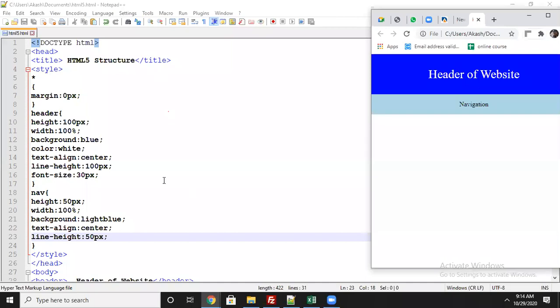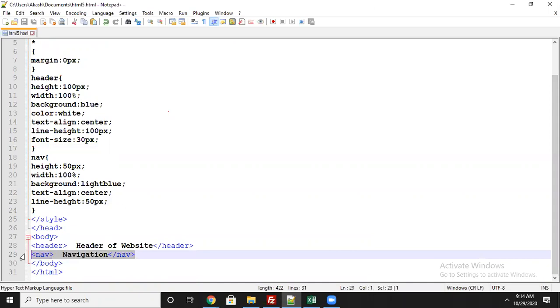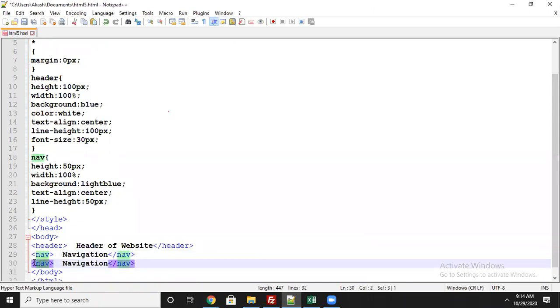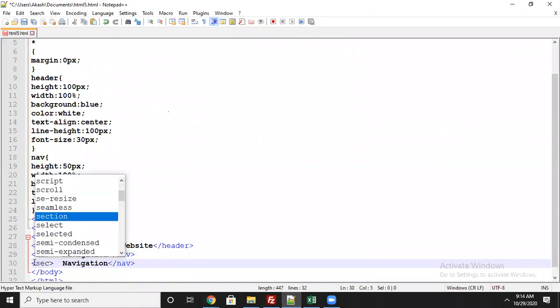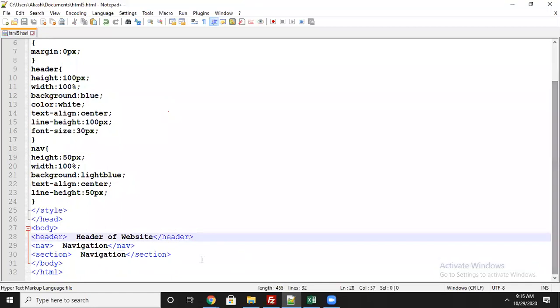We use the section tag for making the blocks. I will specify the section tag here. The section tag we use for making multiple blocks, multiple sections in the website.